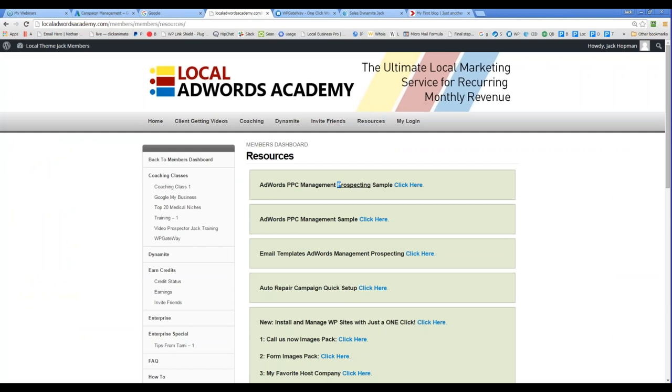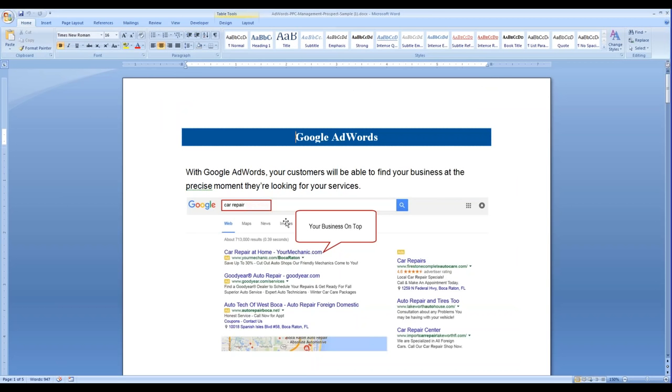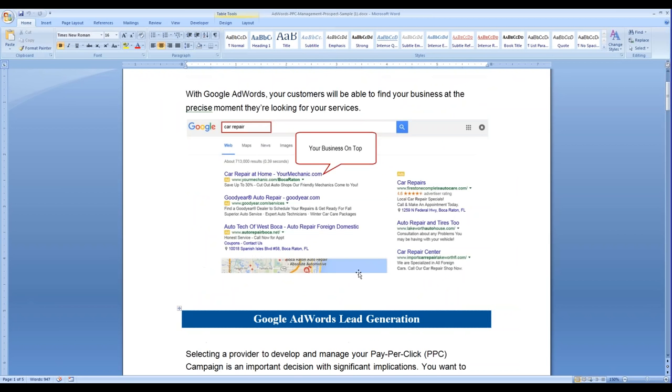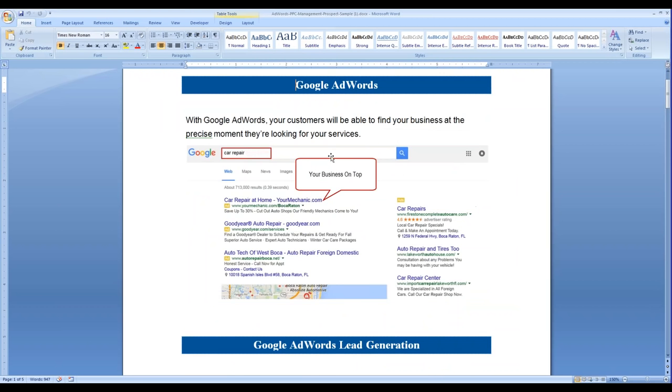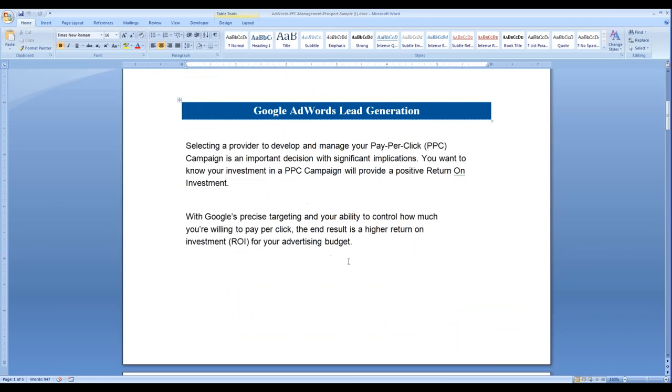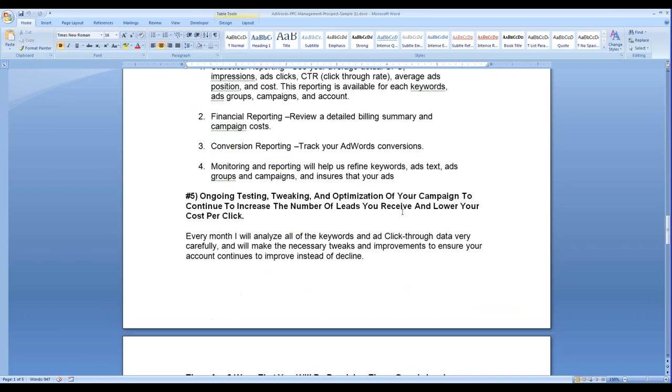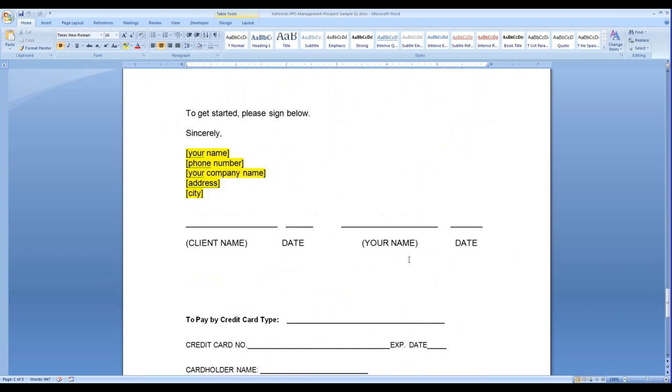The only difference is that the prospecting one is more marketing oriented. I show an image where your business is listed. It doesn't need to be an official document, but for prospecting, it works. But the contract is here: Google AdWords, your name and the business, and all those kinds of details.